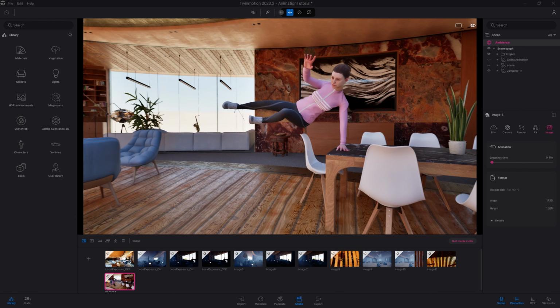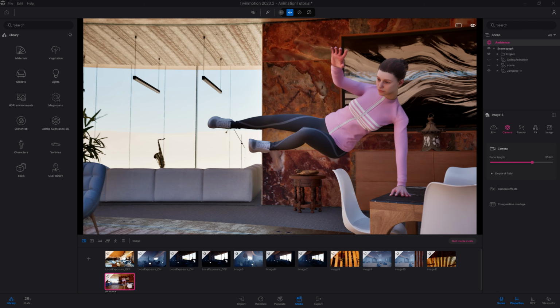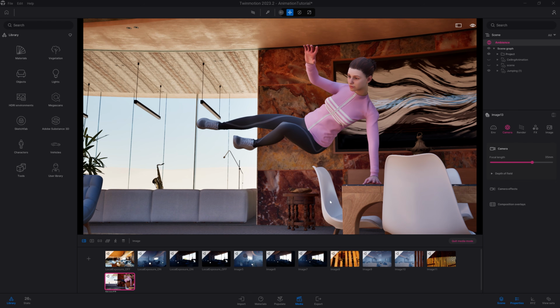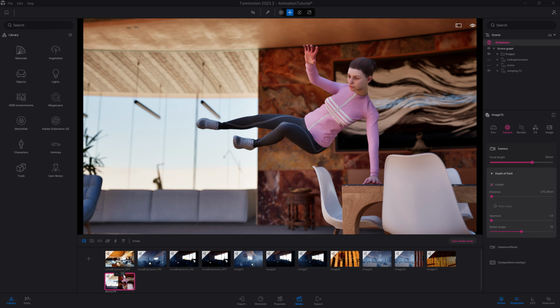So now I can precisely frame my shot, press refresh, and I'm going to change maybe the focal of the camera. Just make it a bit lower, maybe, pressing refresh. I'm going to add maybe a bit of depth of field. And that's it. Let's press refresh, and now I can export my image with my character in that exact pose.